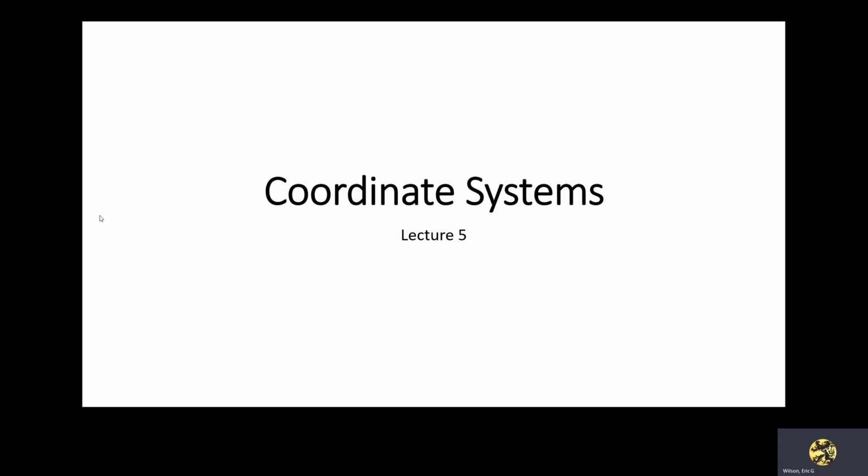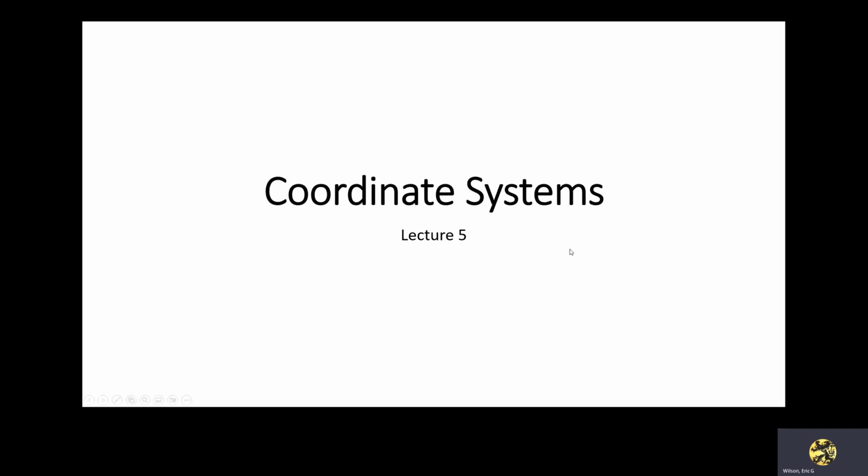We're going to go through coordinate systems today. There's a lot to discuss here. I will admit that this is one of those topics that is hard for geographers. A lot of surveyors work with this material every day. But from the GIS side, sometimes it can be a little bit new and confusing. So I'm hoping to explain some of that as best I can, and hoping to answer some questions about how